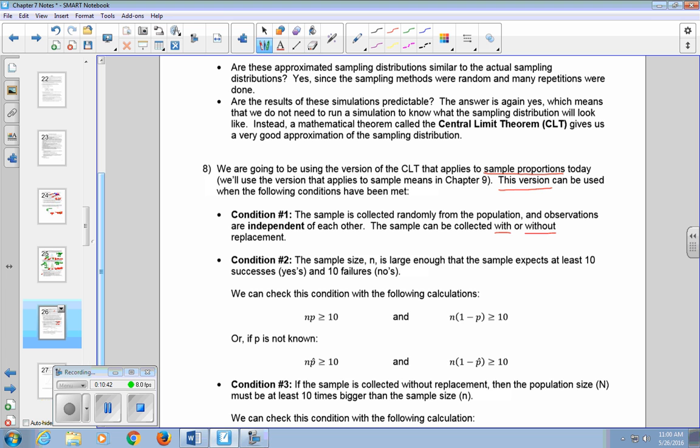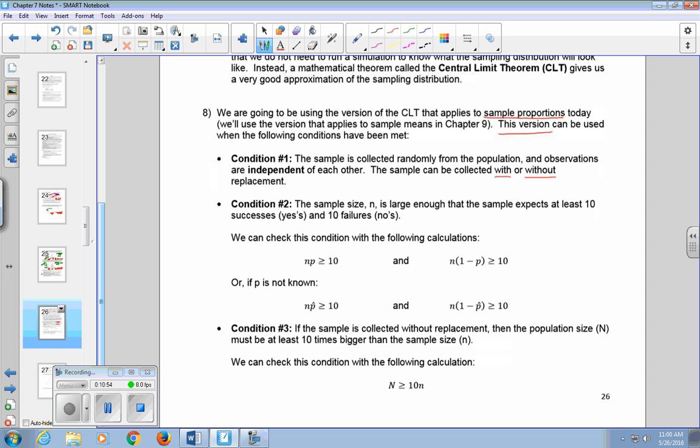Second condition, the sample size, which is lowercase n, is large enough that the sample expects at least 10 successes, 10 yeses, and 10 failures or nos. You can check this condition with the following calculations. Take your sample size times the population proportion, and see if you get an answer of at least 10. Both of these have to be met, so keep in mind that "and" is important. Take your sample size times 1 minus the population proportion, and that also should be greater than or equal to 10. Just a note here, p has to be in decimal form,